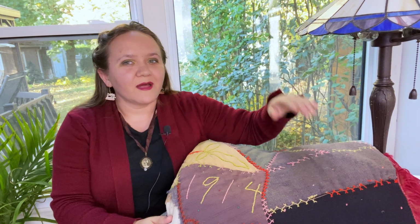It made a resurgence in the 60s and 70s, and I would almost say that we're seeing it pop up again now with the boho fashion movement and a renewed interest in vintage and antiques, as seen in these jackets from Anthropologie and Cézanne. And while the trend of making crazy quilts may not be the rage that it once was, we are still very fortunate to have hundreds of surviving quilts around to this day, including this dear one